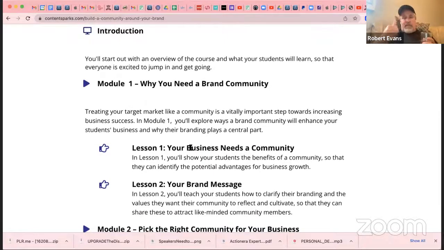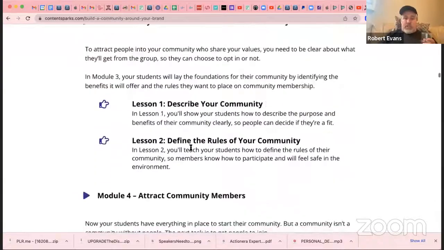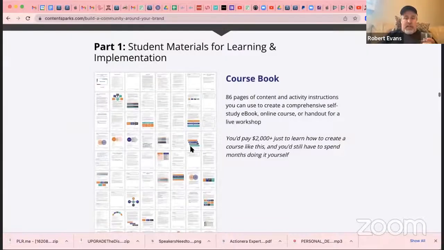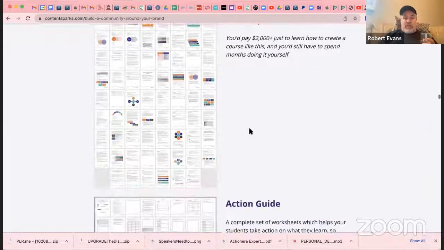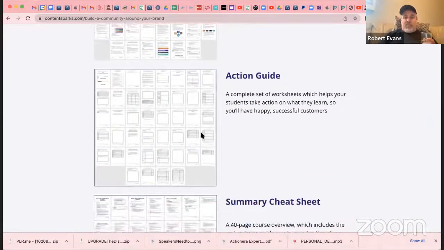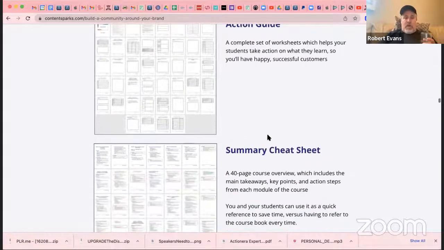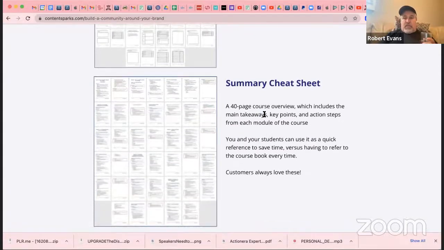The script, the PowerPoint presentations, which you'll customize with your logo and that sort of thing. The worksheets. There's a course book. This is a book. It's an 86-page book that you give to your students that walks them through the entire program. Action guide, which is basically a workbook. A summary cheat sheet.